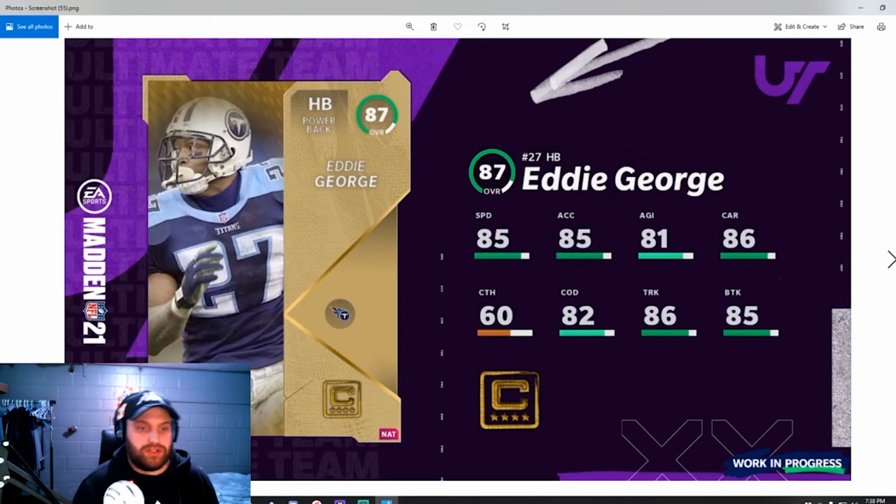Next, we have Eddie George, a running back out of Ohio State. That's the man. We have 85 speed, 85 acceleration, 81 agility, 86 carry. COD, I got to get used to COD, change of direction, 82, 86 trucking, 85 break tackle. He's really good in almost every single stat except for catching, which some players don't really use from